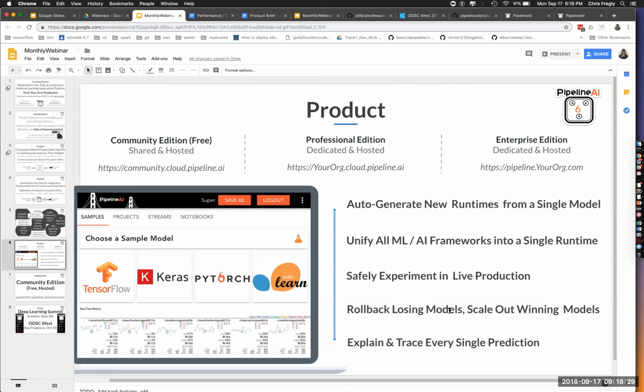Also, when you're experimenting live in production, one thing that we built at Netflix was the ability to roll back things quickly if something's going wrong, or flip it from live mode into shadow mode, so we could just shadow traffic. We could also scale out models that are actually winning. If we're running 100 different challenger models versus the single champion model that's out there, we could choose the top out of the 99 or 100 and scale that one up to the 2,000 or 3,000 model servers that the current champion is holding.